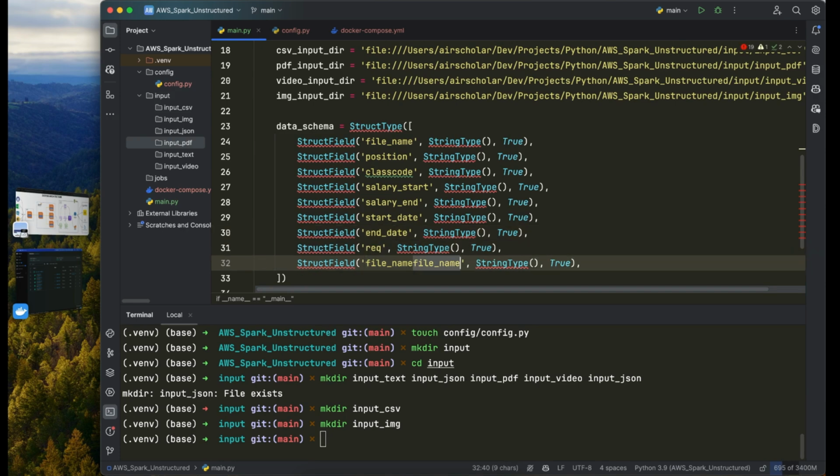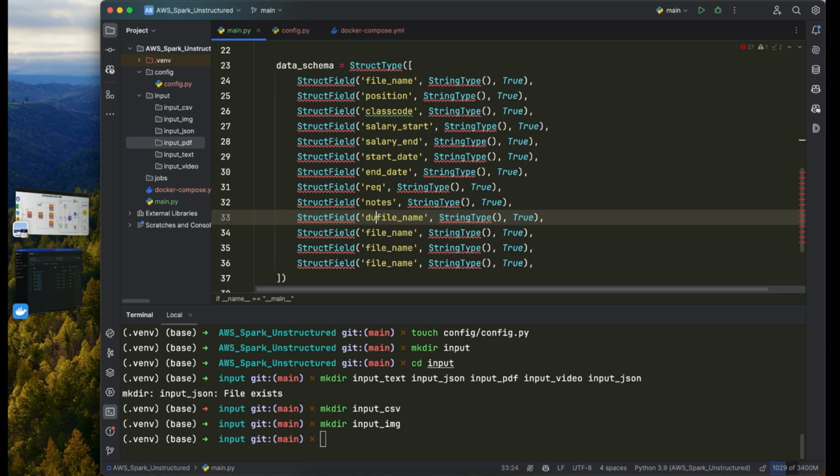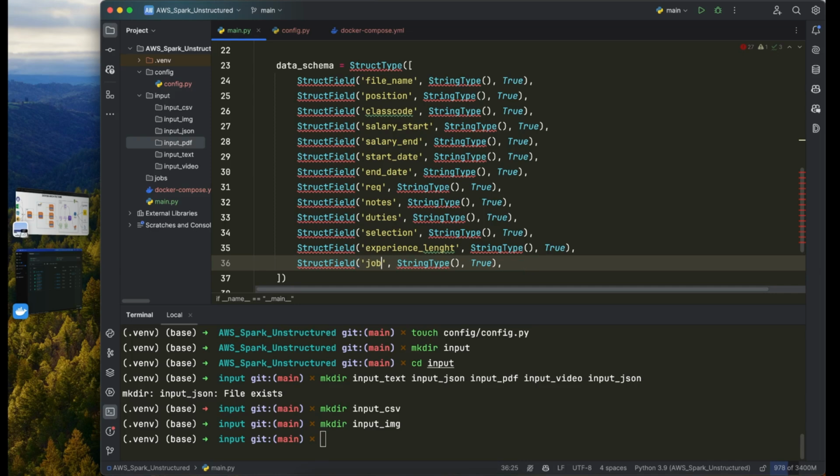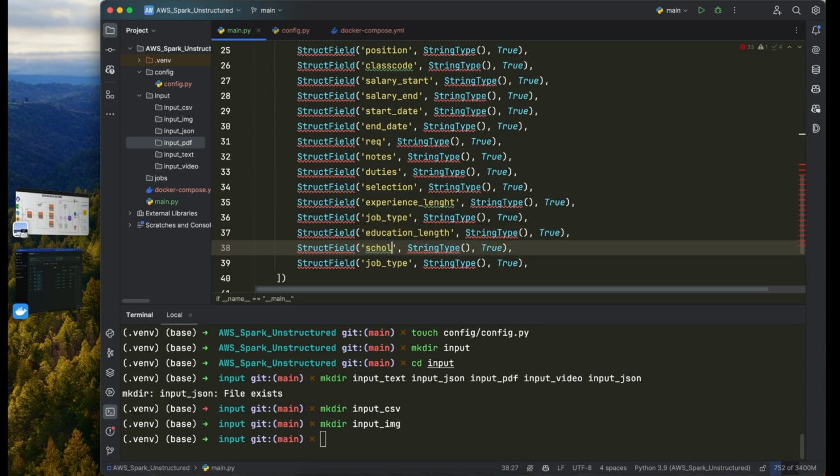Just duplicate this a couple more times. We have requirements. We have notes. We have duties. We have selection. We have experience length, and we have job type. What else do we have? Just duplicate this a couple more times. We have education length, and school type,